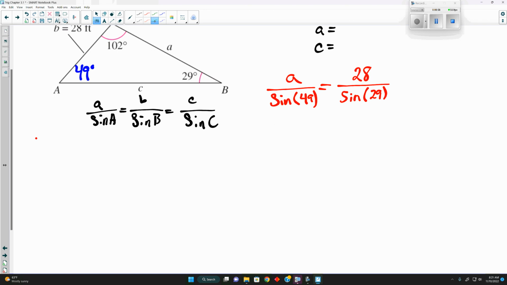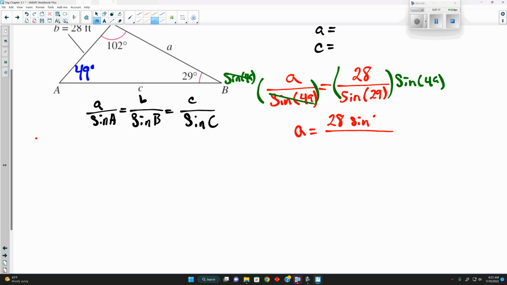So at this point here, we can get A by itself. So I can multiply both sides by sine of 49 degrees. And over here, these will cancel, telling us A is equal to 28 sine of 49 over